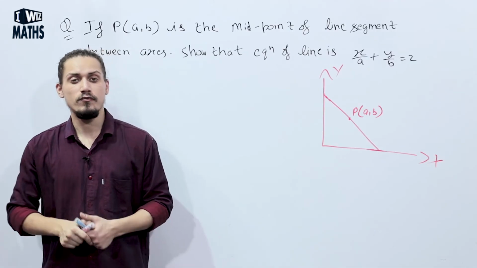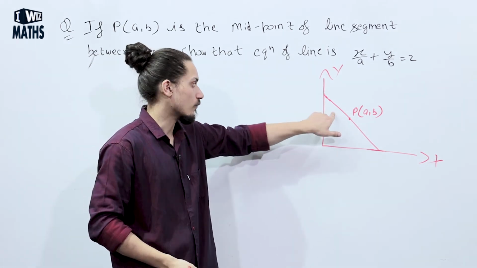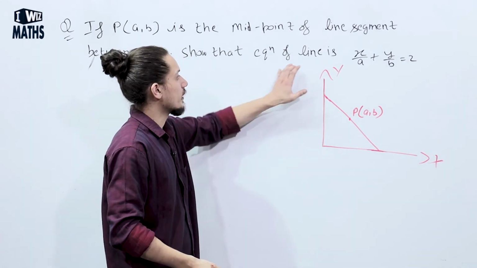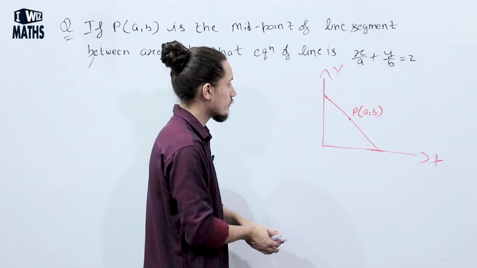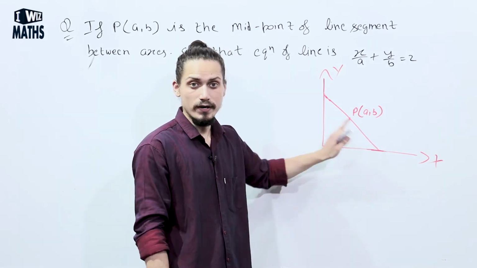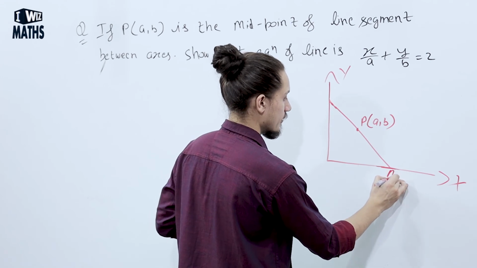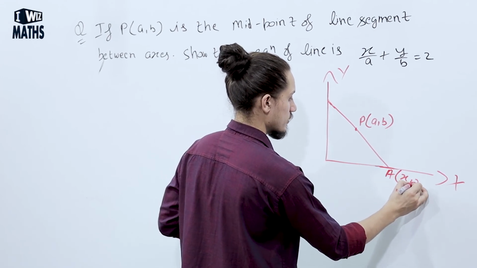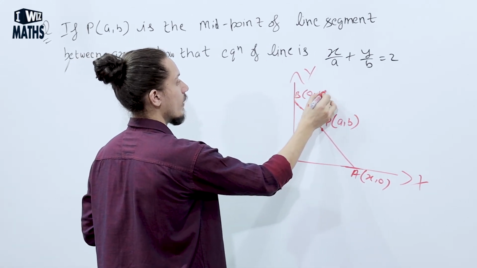In this example we are given that point P (a, b) is the midpoint of this line segment, we have to show the equation of line is x upon a plus y upon b is equal to 2। तो हमें मिड पॉइंट दे रखा है इस लाइन का और इसके 2 इंटरसेप्ट हैं, एक x पे और एक y एक्सिस पे। सपोज x एक्सिस पे इसका पॉइंट है (x, 0) and y पे इसका पॉइंट (0, y)।